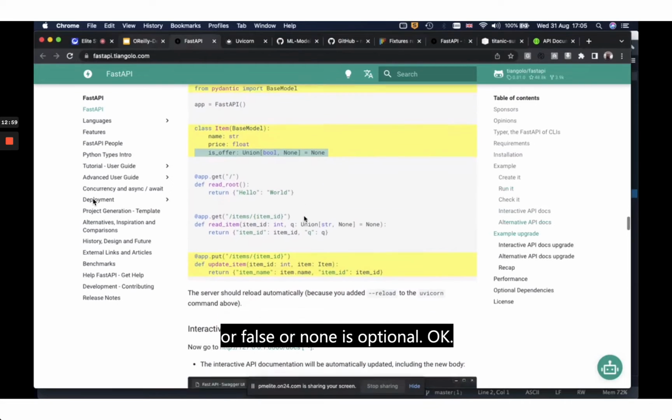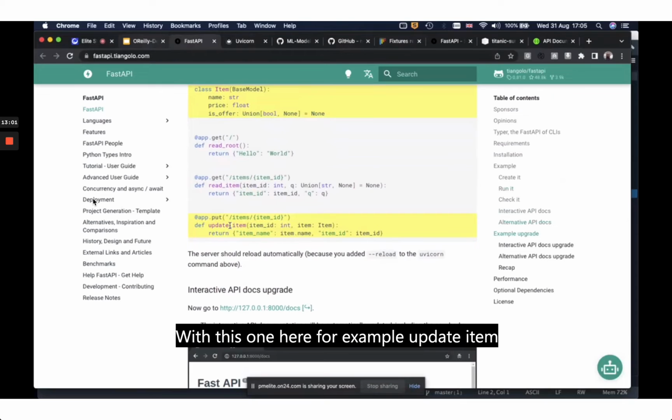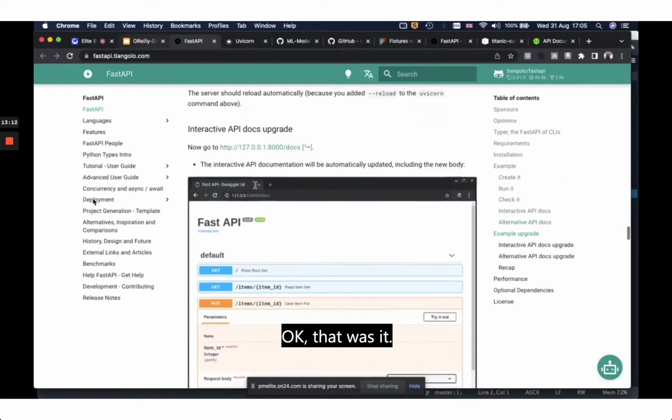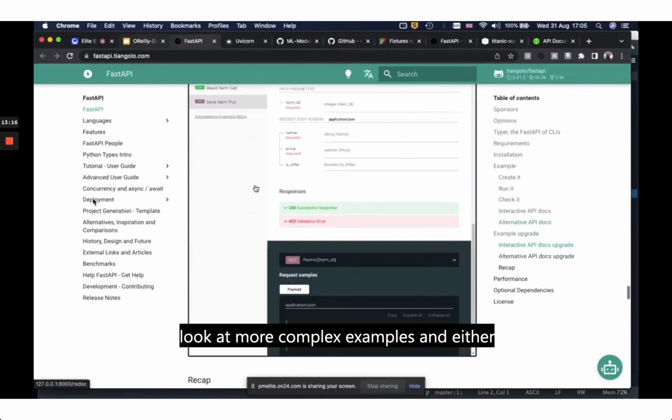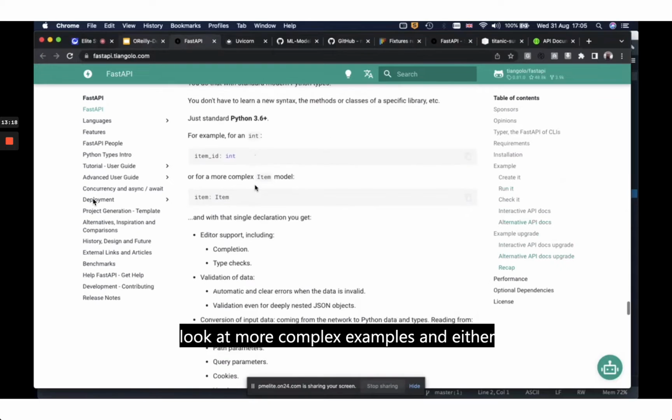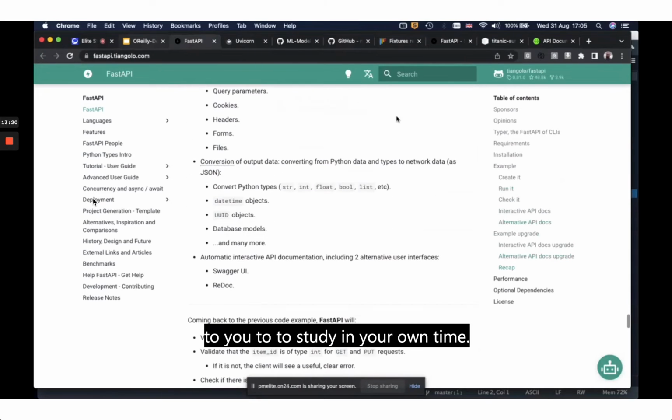This one here, for example, is update item, with item name, item ID, and so on, whereas this one is just items, to read items. Like we said, you can now go down and have a look at more complex examples. I leave that to you to study in your own time. If I go back to the API,